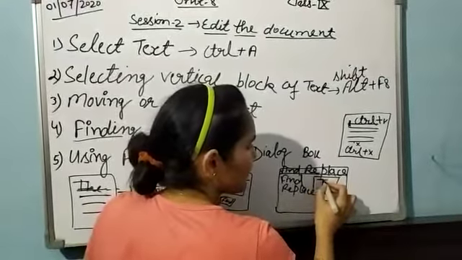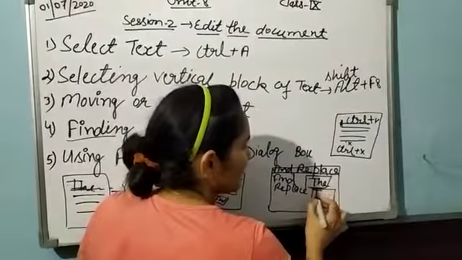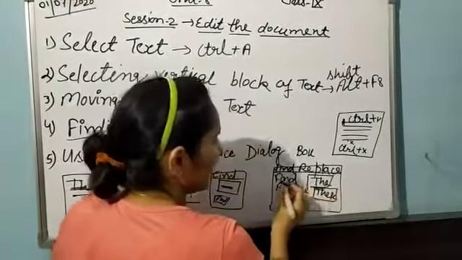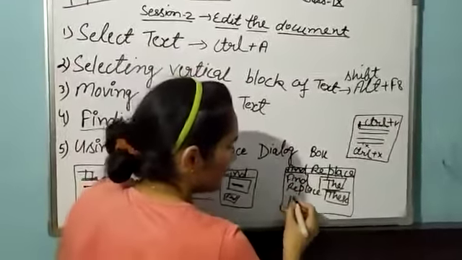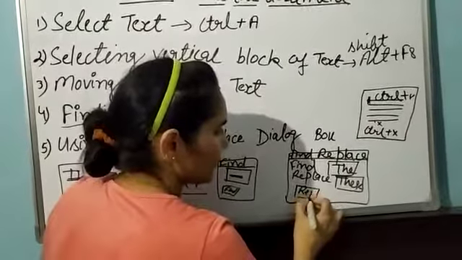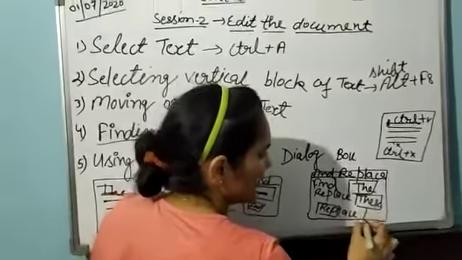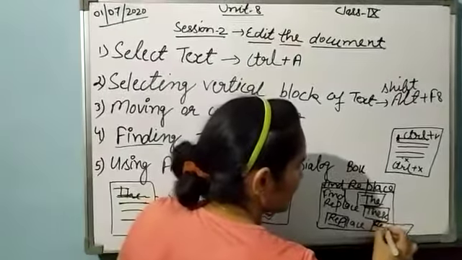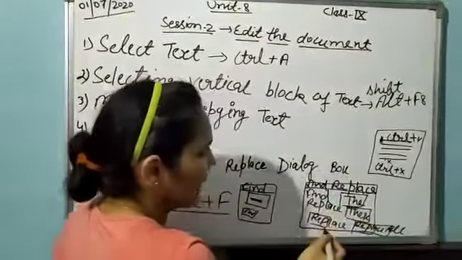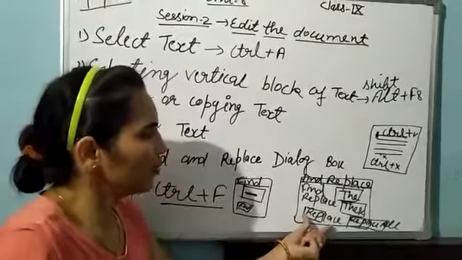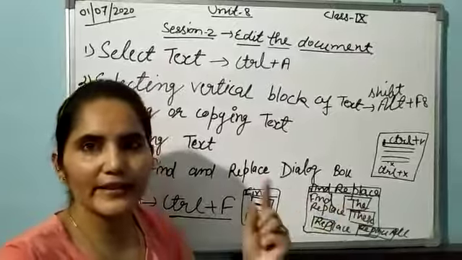Suppose we want to replace "the" with "these". In the first box we write "the", and in the replace box we write "these", and here are two buttons. First one is Replace and second one is Replace All. When we click on Replace, it will replace one occurrence at a